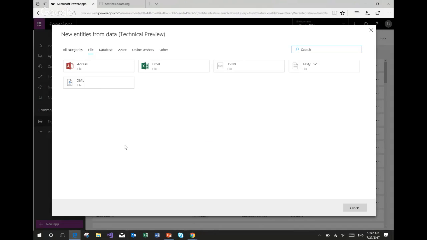The first one is files. So we expose connectivity to different types of files, including Access databases, Excel workbooks, JSON, text, CSV files, XML, a wide variety. For databases, for now we're exposing SQL Server database, IBM DB2, and PostgreSQL. We plan to bring more data sources such as Oracle, MySQL, and so on on board soon. But we'll also be interested to know which ones of those are higher priority for many of you.